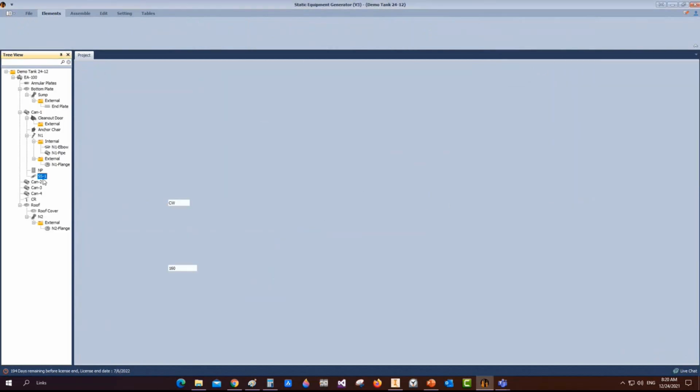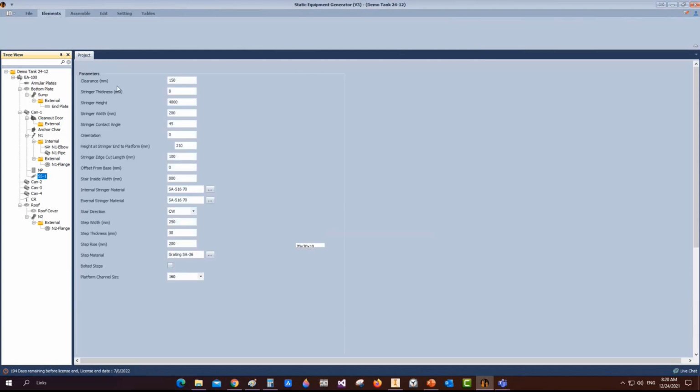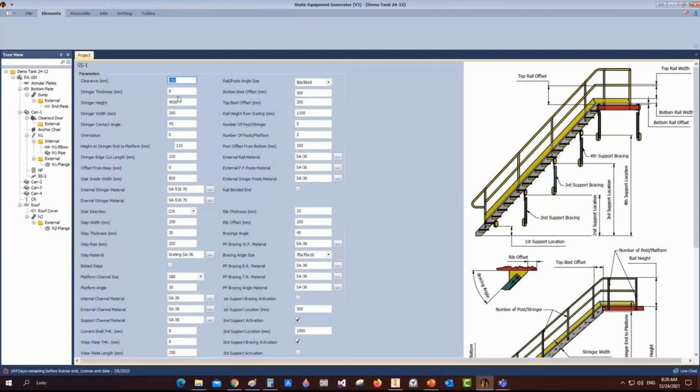and from here we will start defining the spiral stair dimensions, like the clearance between this and the shell, the stair height. Let's make it 7 meters. The stringer width, let's make it like that. The contact angle, let's make it 85. The orientation, let's make it on